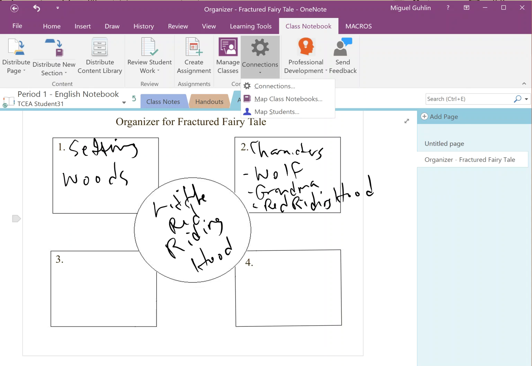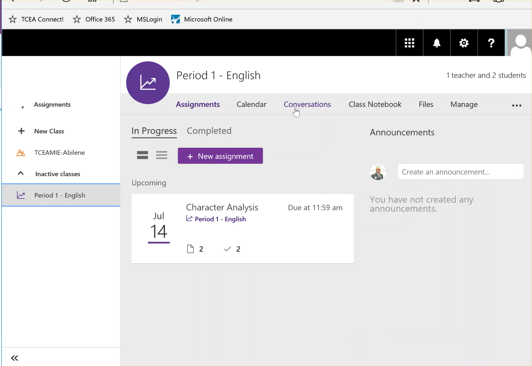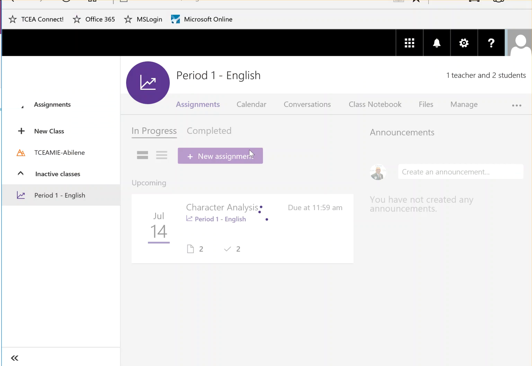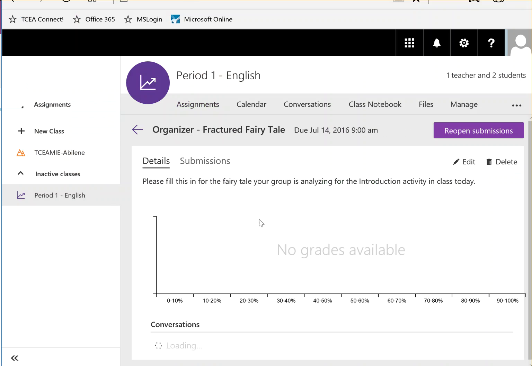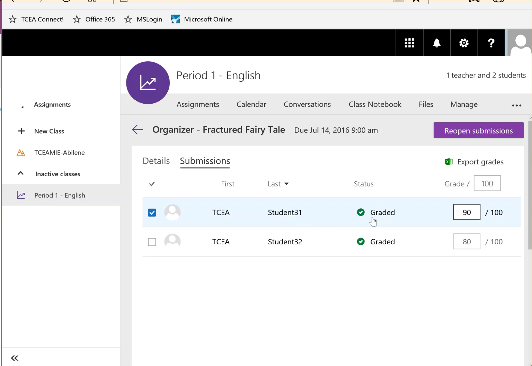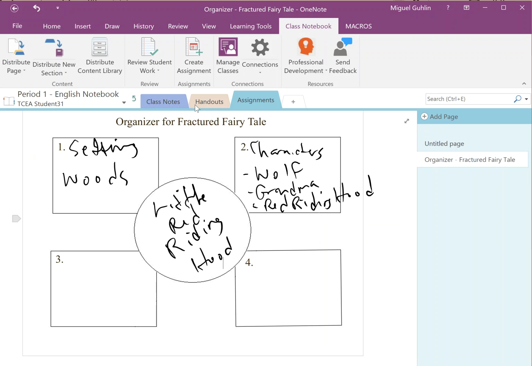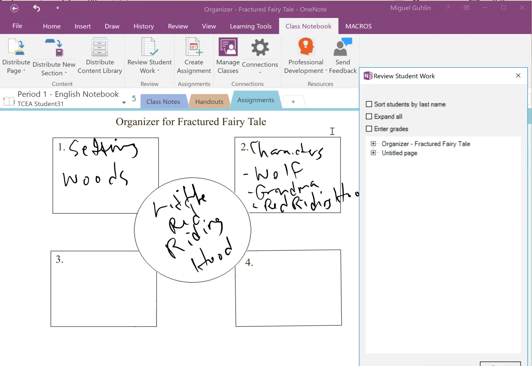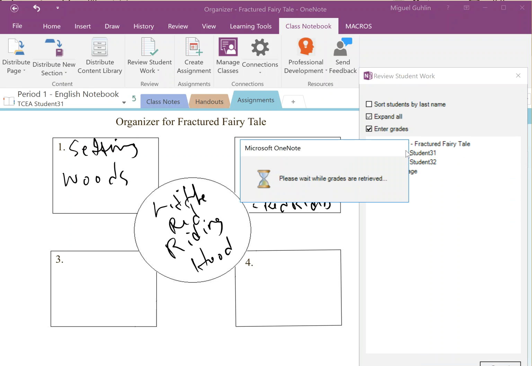But the magic, of course, is that when we go to completed assignments for the organizer, we get a graph of what's happened, and we also can see individual submissions. If we want to, we can make changes to grades here online on the web, or we can come into OneNote Class Notebook and click on where it says Review Student Work, and if I go to Review Assignments and check this Enter Grades option,